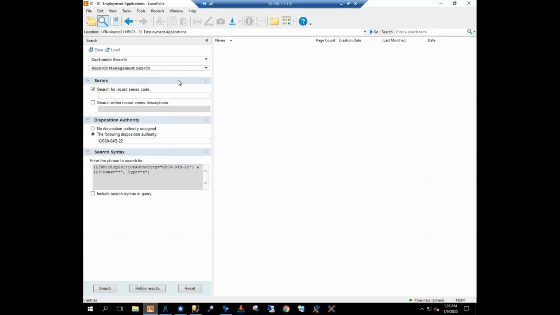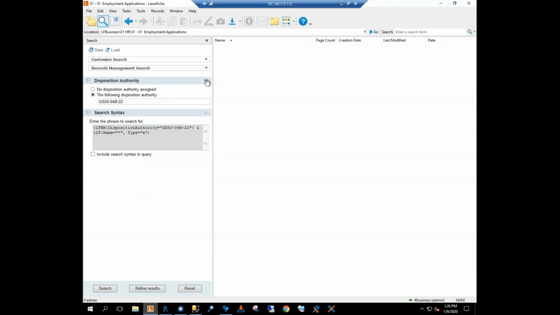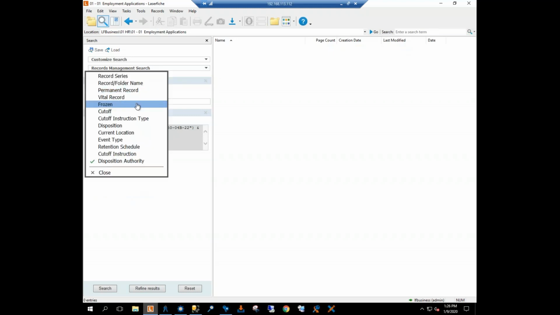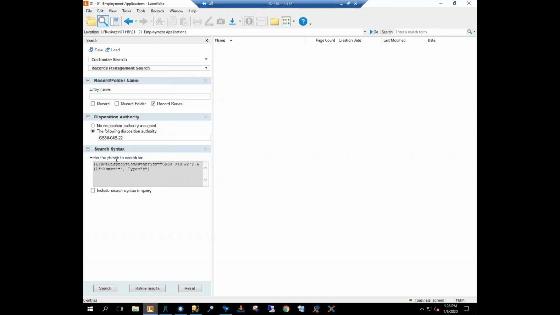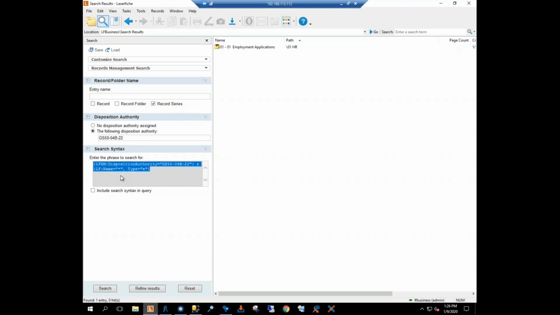And you know what, I'm sorry, I'm second guessing myself here. Let's do the name, record folder name. Now I went ahead and copied and pasted the disposition number specifically that I want, just to make sure that this works. And as you can see, it found based on record series. So record folder name, make sure we check record series, disposition authority, and then it wrote my syntax for me. So we can just go ahead and copy that,